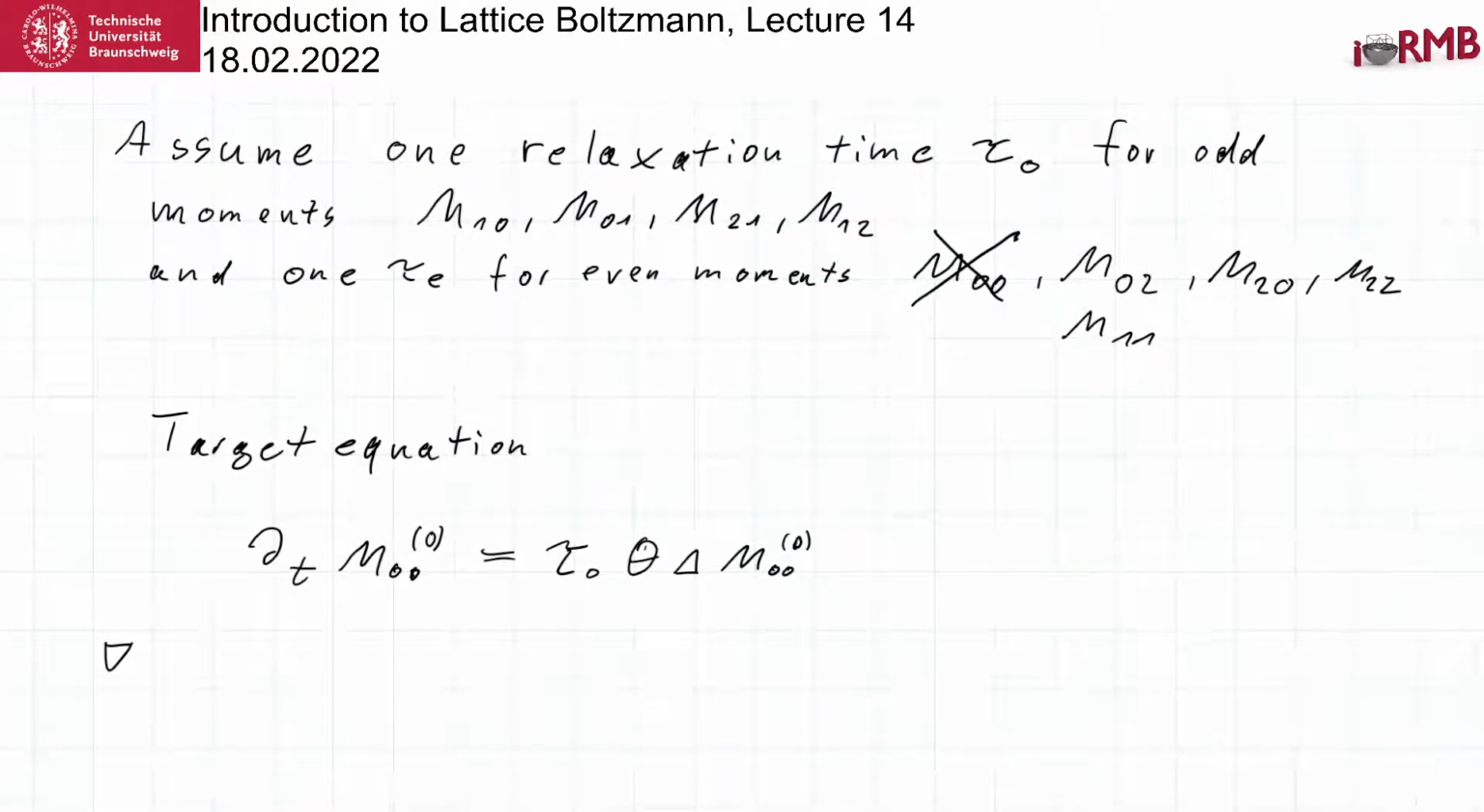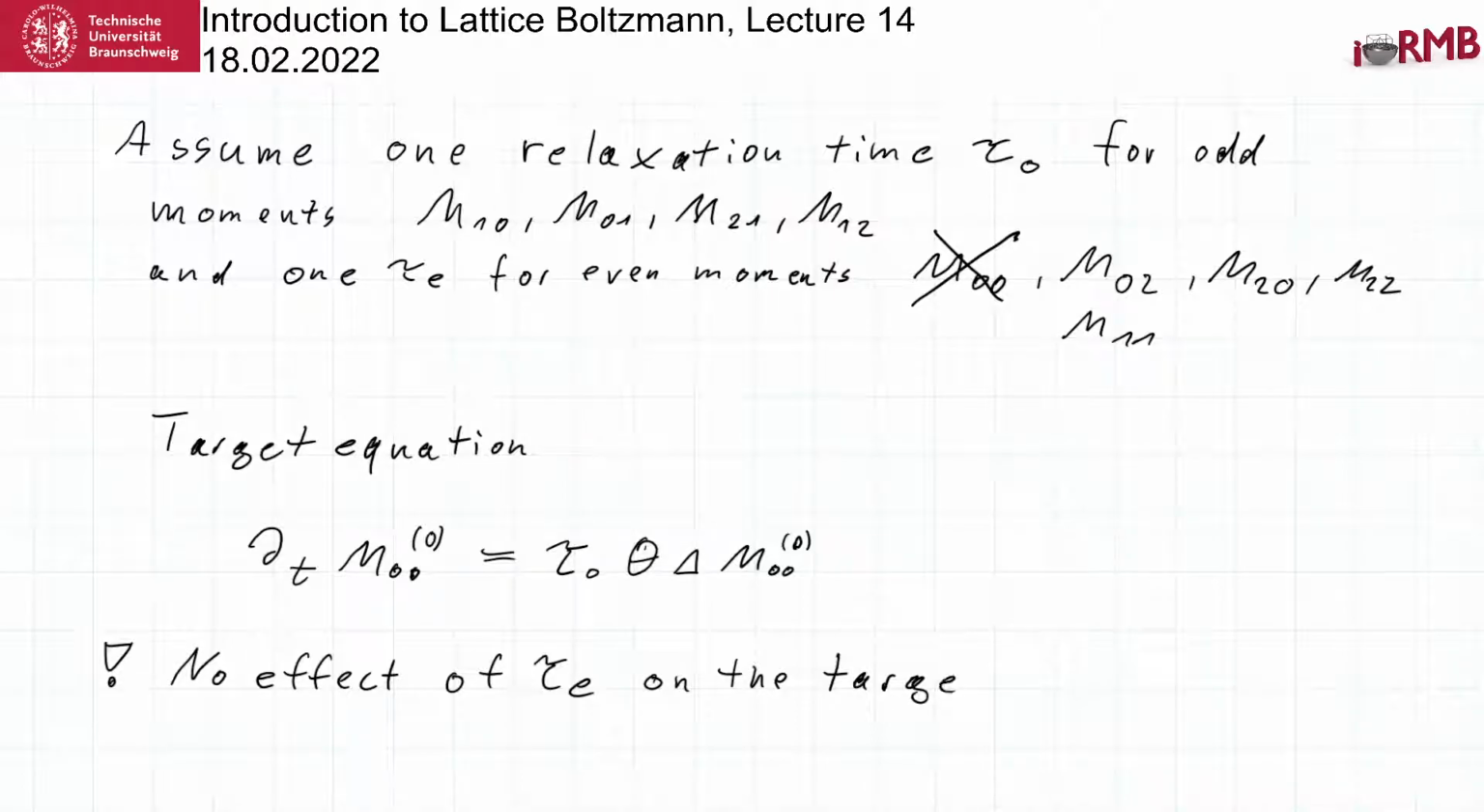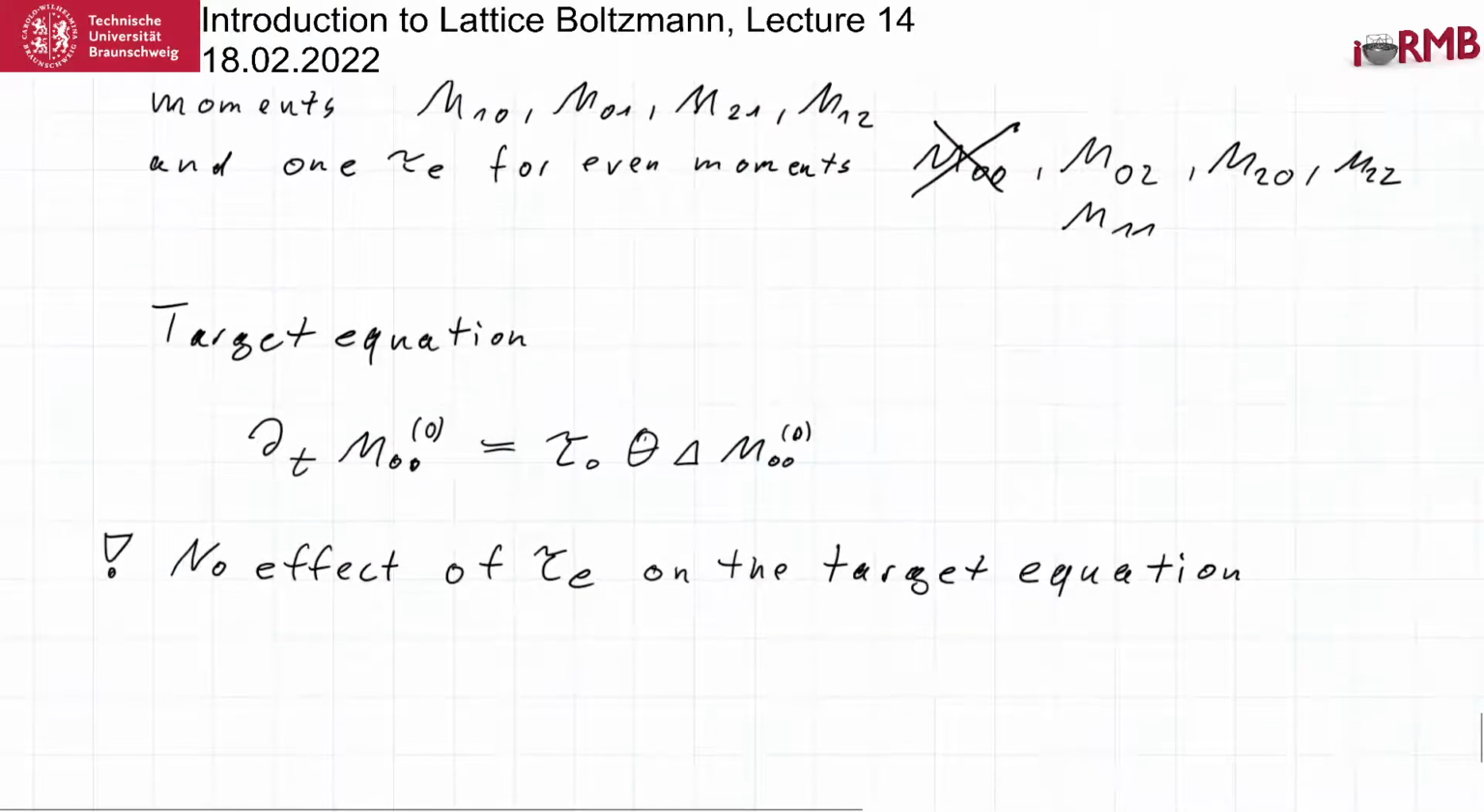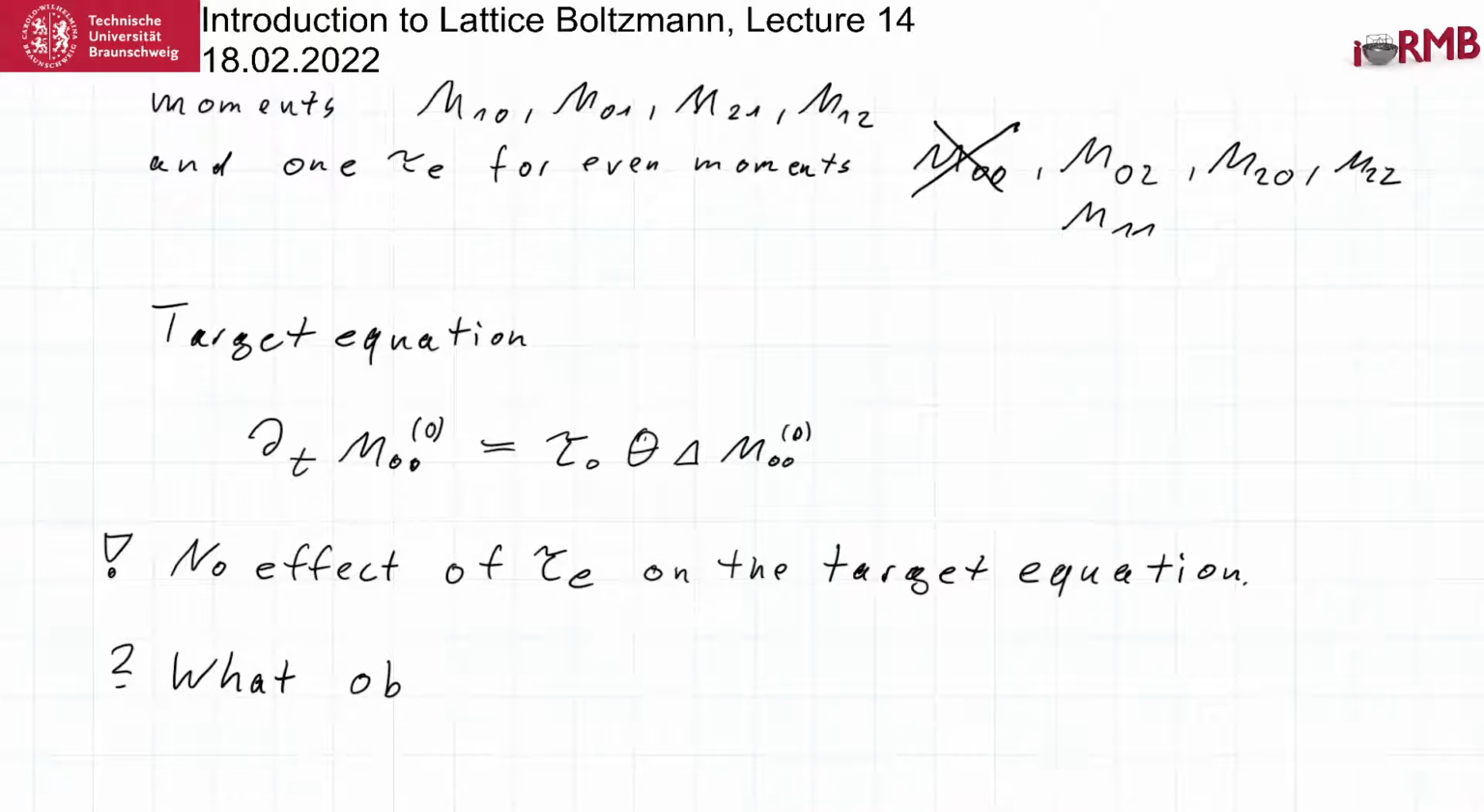So this means that there is no effect of tau e on the target equation. And since it has no effect on the target equation, we of course ask what about